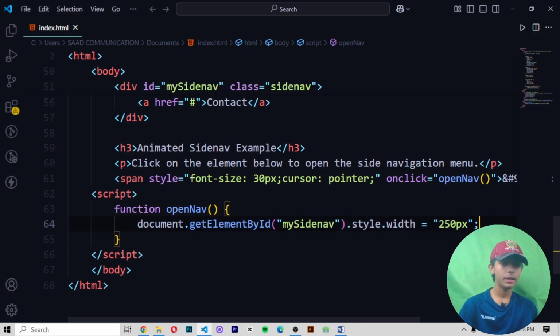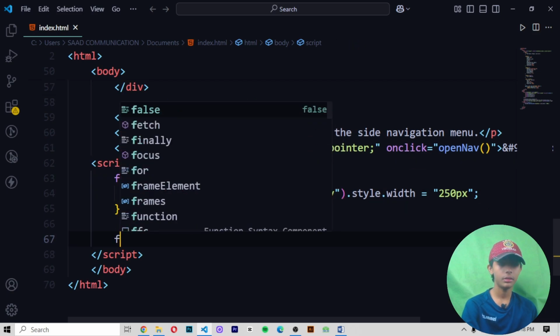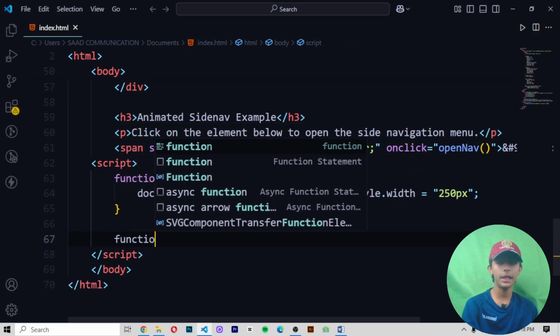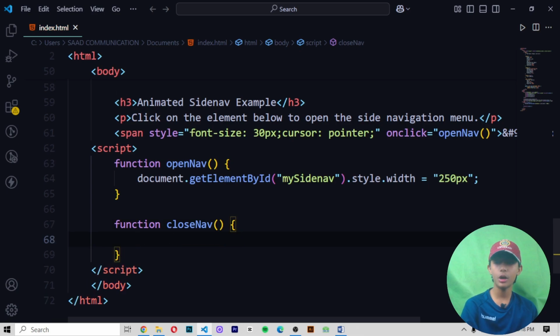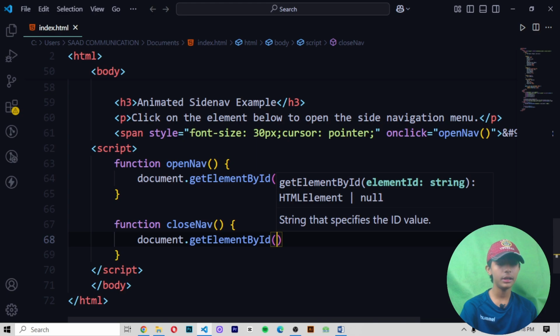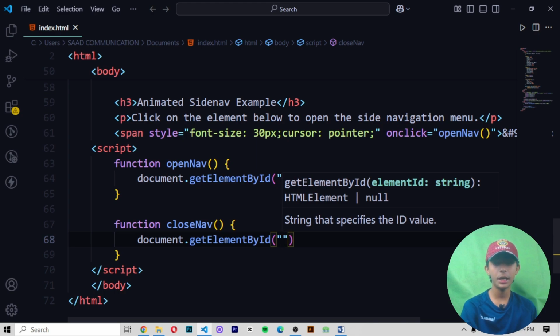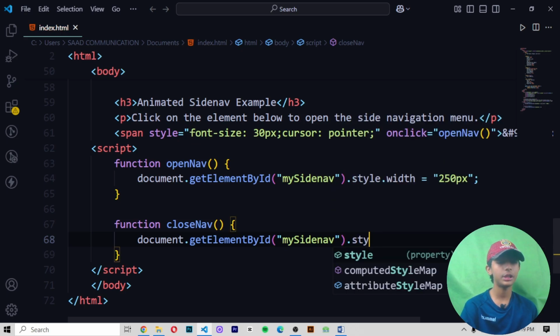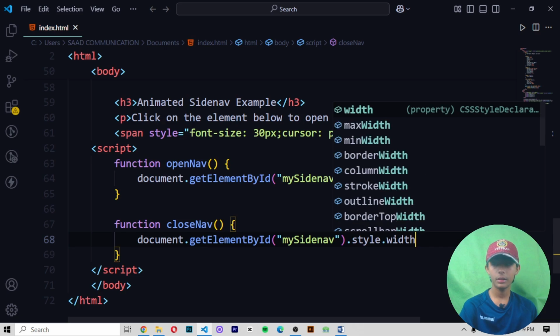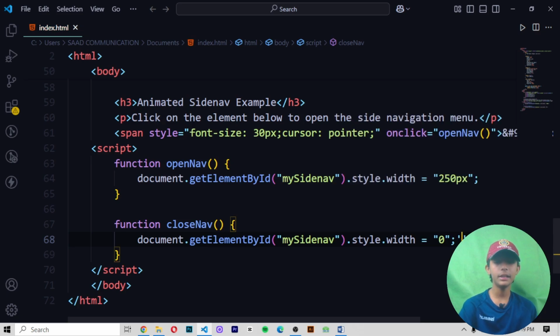Then one more time we define a function, closeNav, with curly brackets, then document.getElementById with parentheses and quotes. In it we write mySidenav, and the N will be in capital, and then .style.width equals 0, and then a semicolon.